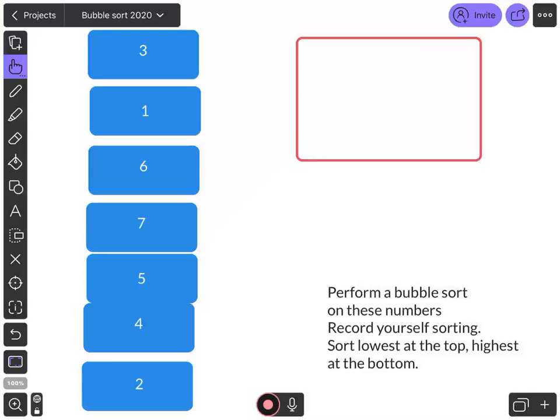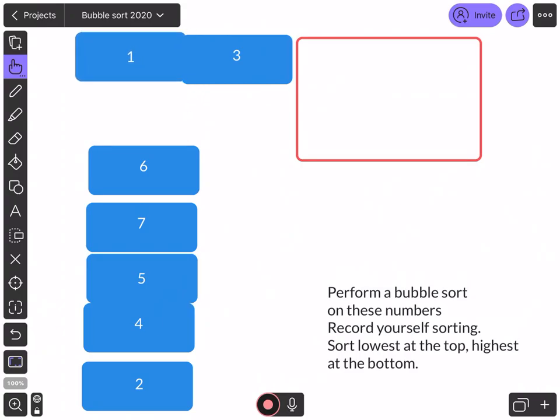It sorts a list of unordered items using pairs. So we start with the first pair, 3 and 1. Now what we want with this list is the list to start at the smallest number and end at the biggest number, so ascending order. So we look at the first pair, 3 and 1. Now they're not in order, so a bubble sort will swap them over.